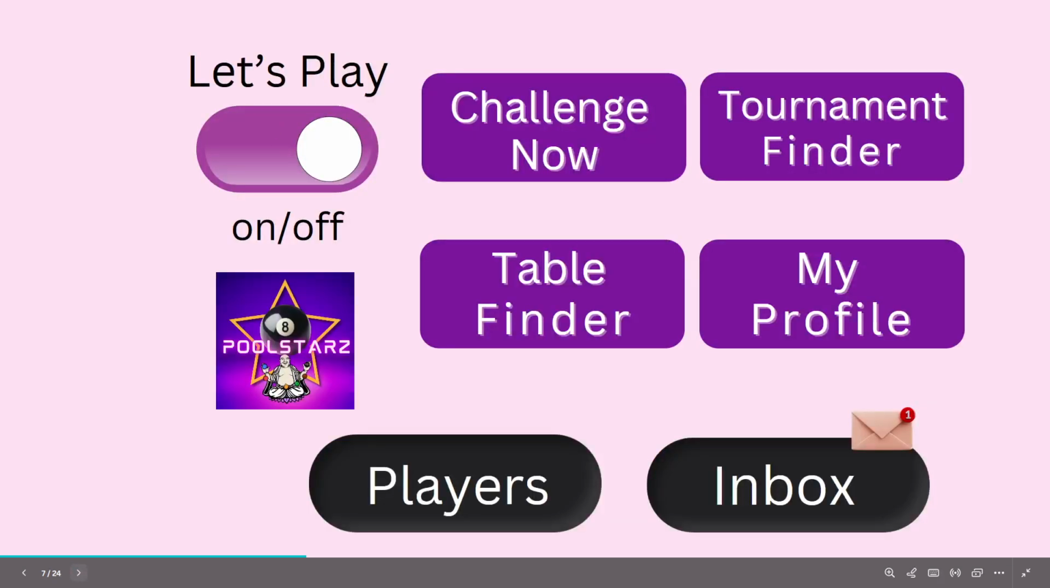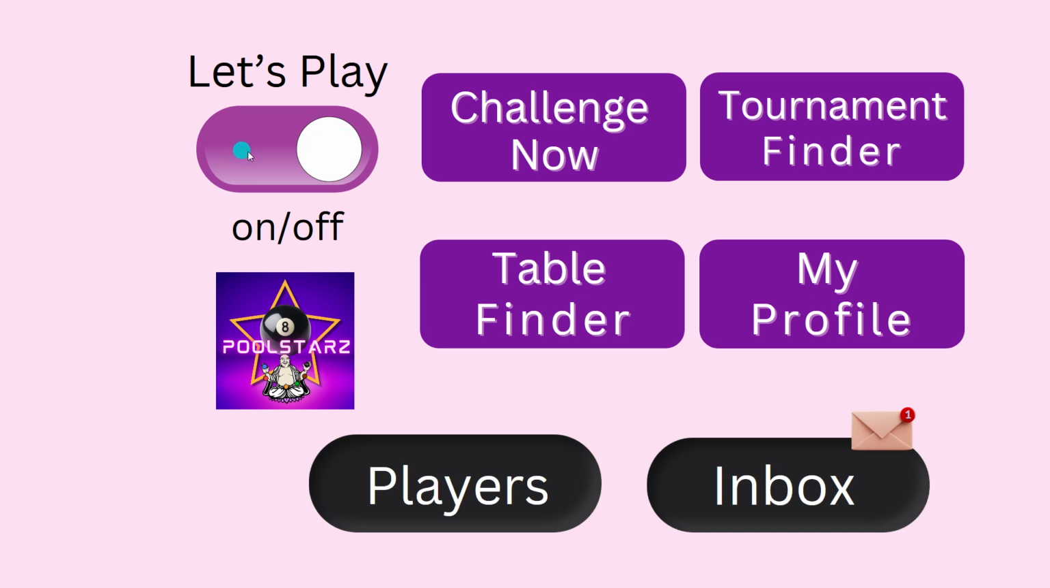Here's the main interface. What you have here is a toggle on and off switch that will make you become an active player, which would populate your profile here on the Challenge Now section. So if you wanted to play some pool, you could hit on, and your profile would now be in this Challenge Now section where you might receive challenges from other users,